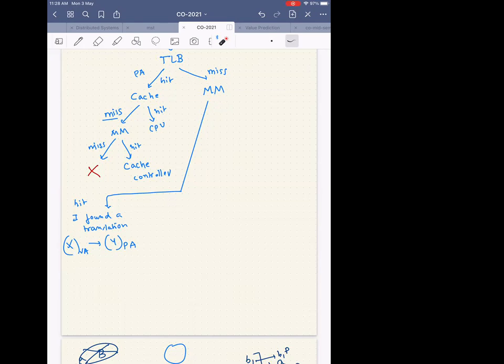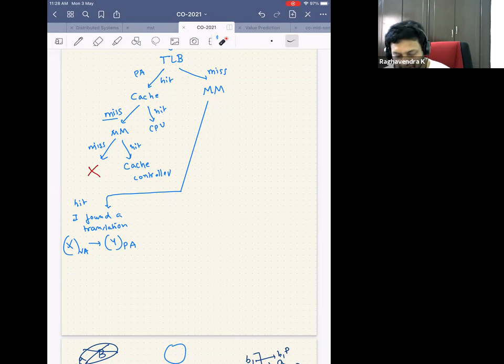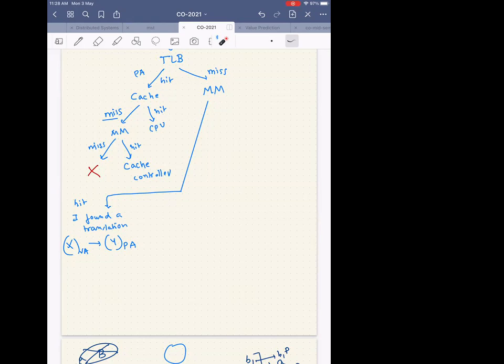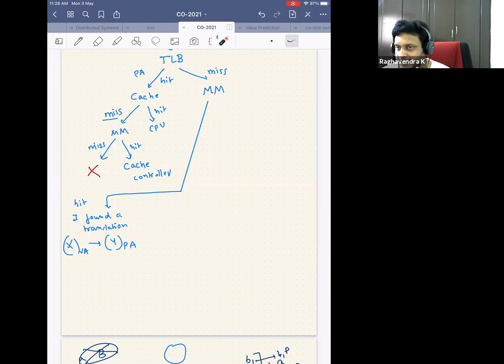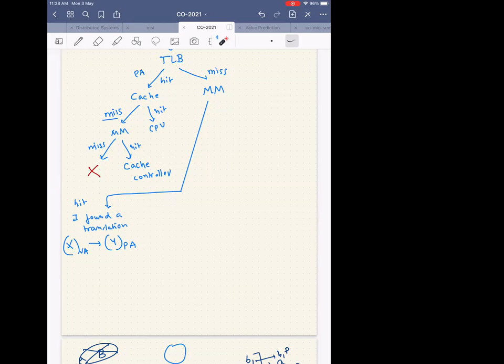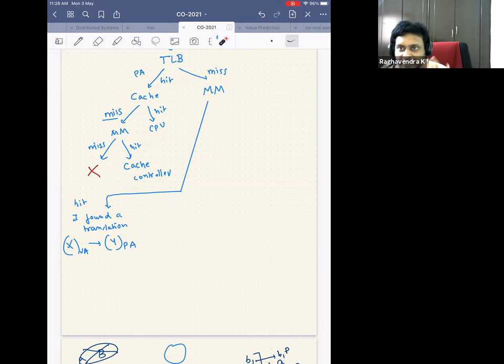Since you have said it's okay, I'll ask you one more question. Now you are sure that I've got a physical address. So should I search in the cache, or, since I'm anyway at the main memory, can I directly just read from the main memory and go happily back to the CPU? You can directly go, but if it's not in the cache, you can better keep it there, right? We don't have to go to the cache or anything. We're already in the main memory. That girl has already struggled so hard, gone to the main memory, fetched the data.